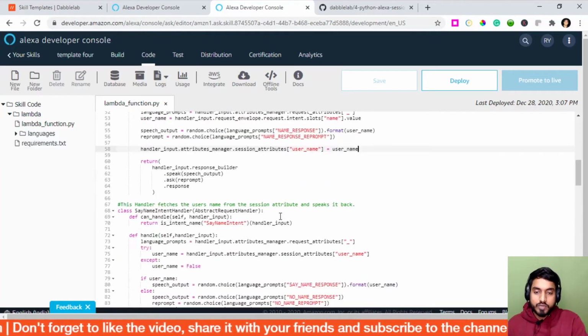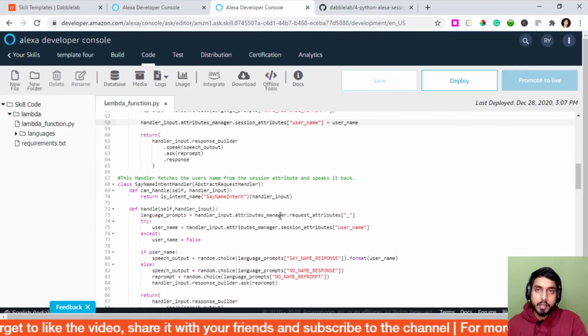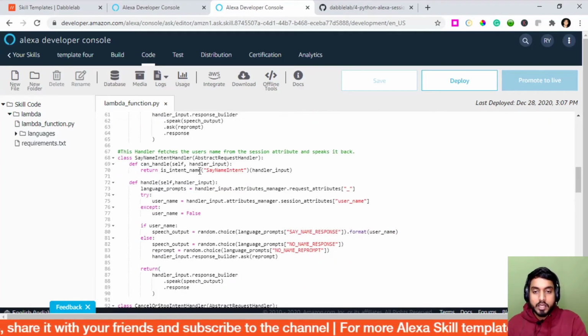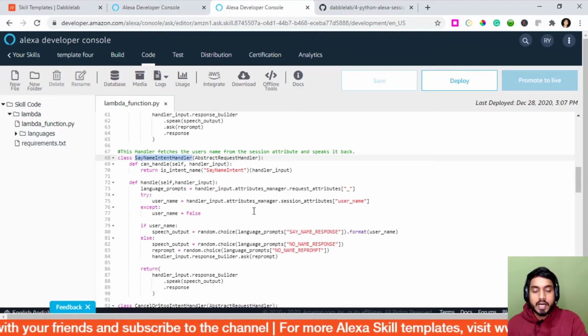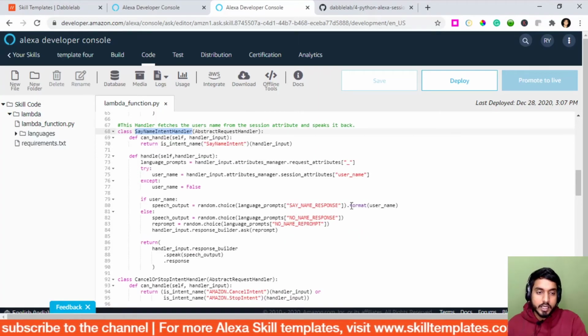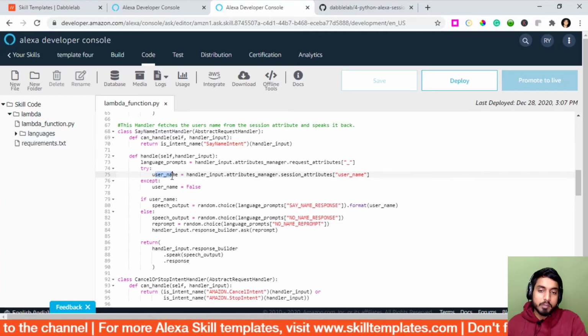So once we've done that and we ask for our name by typing out or saying what is my name, then the say name intent handler is being called, and when this intent is hit, it checks for the username inside of session attributes.